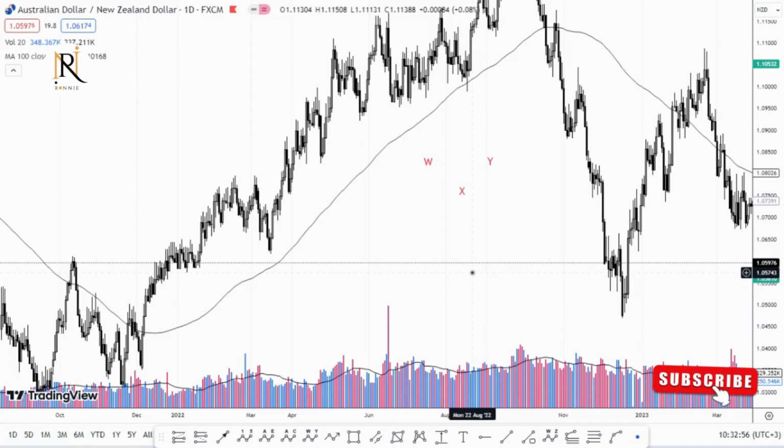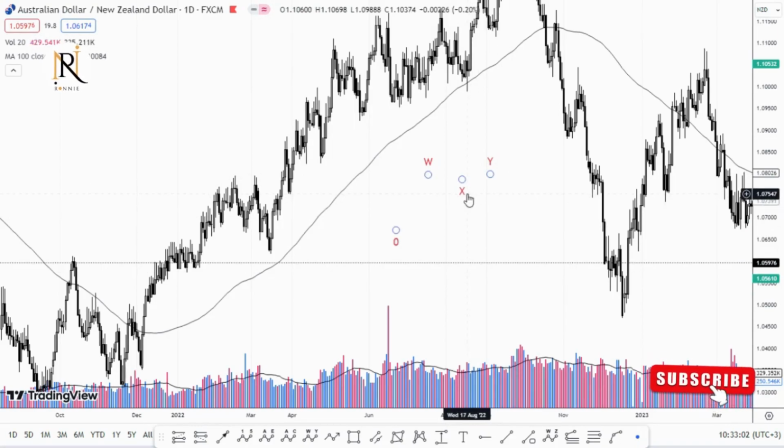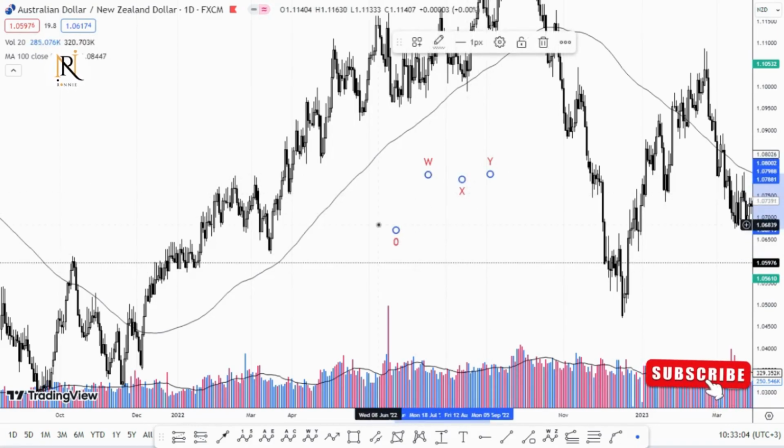Those are the only two complex corrections that you can get when you are an Elliott Wave enthusiast. So without wasting much time, I'm going to take you through this process on how to catch a good